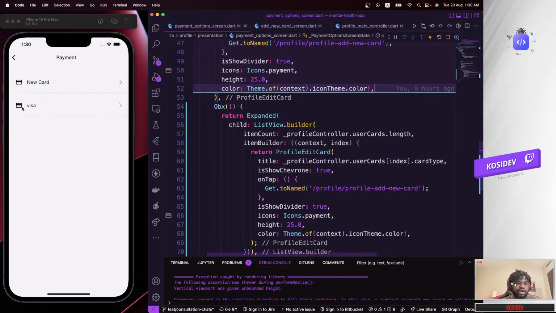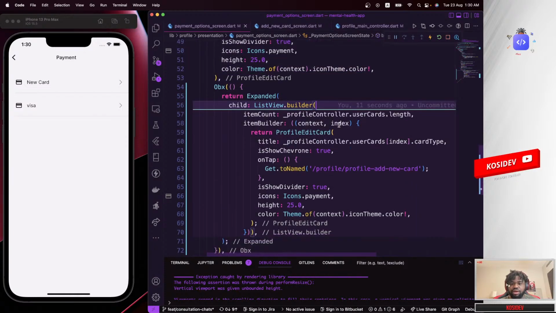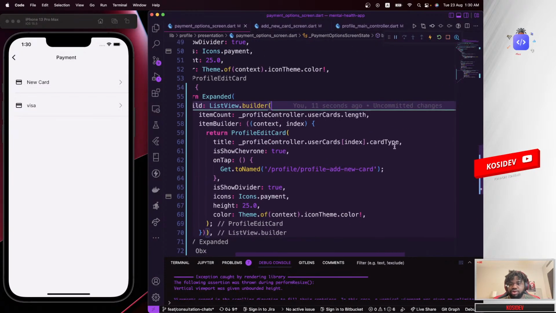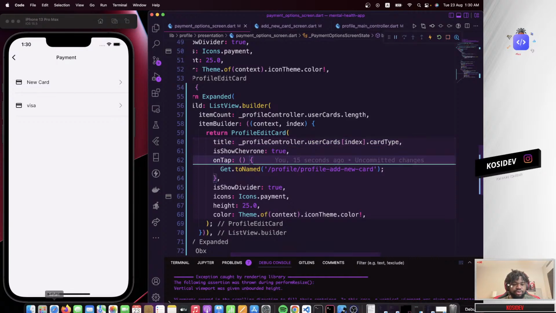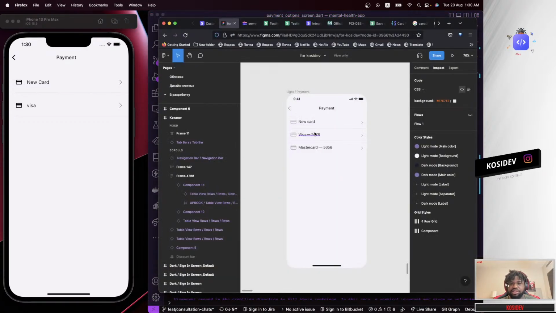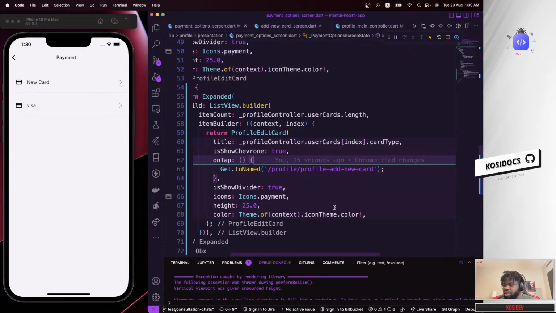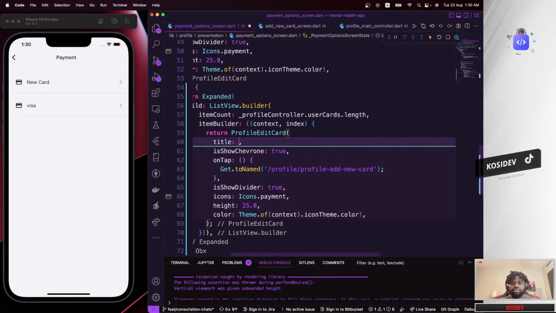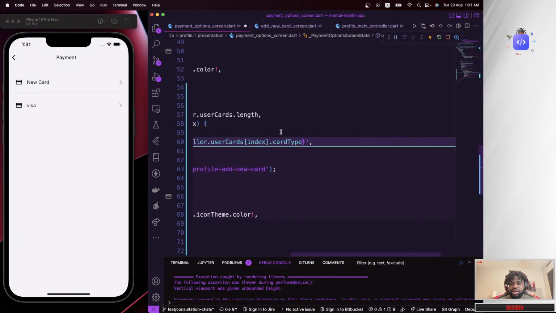So right now we have the card is Visa, so that's basically the card we added is a Visa card. Because it's a Visa card, we don't only want the card type, we still want to be able to show the user the last digits in there. And how to do that, we're going to use a concatenation method. So we're going to have a long string showing up here. So we're going to use something like this. Yeah, there we go, and pass that information here, and then we're going to have that icon,